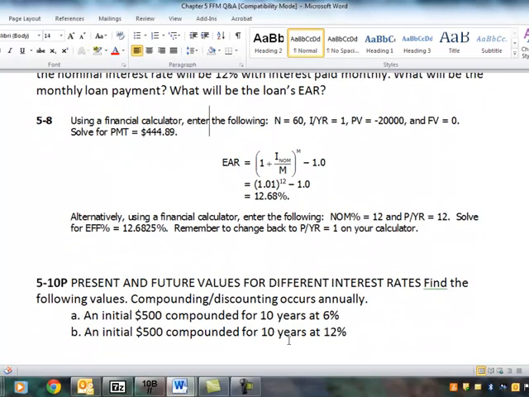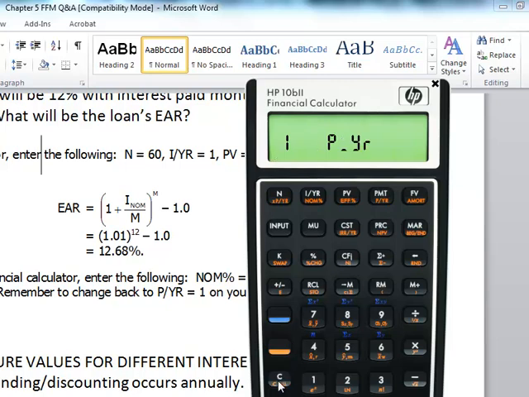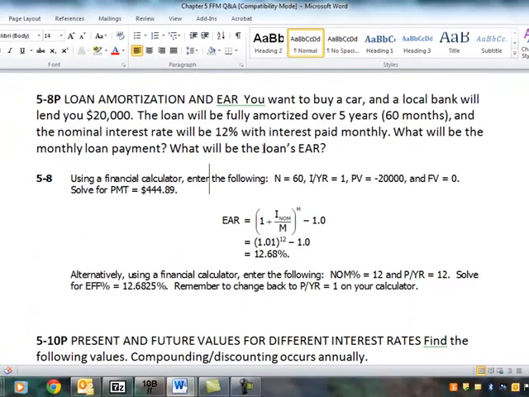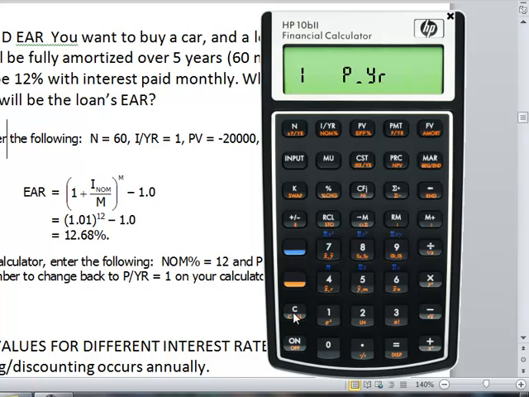Loan amortizations are easier to do in Excel. However, if you wanted to find the effective annual rate, you could do that from the nominal interest for the car payment. So for example, in this case, it's 12% paid monthly. So to find the effective rate, hit Shift Clear All, 12, Shift Nominal, and you're earning interest monthly, so there's 12 months in a year, and then hit Shift Effective. So 12% for the stated purpose of compounding monthly is the same as 1% a month, which is 12.68% a